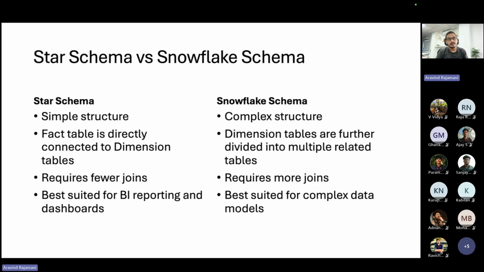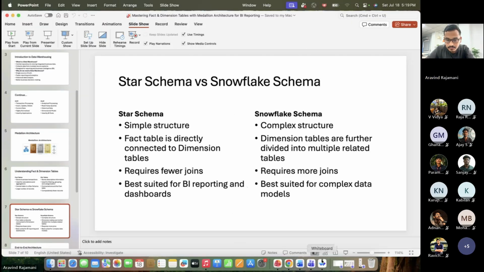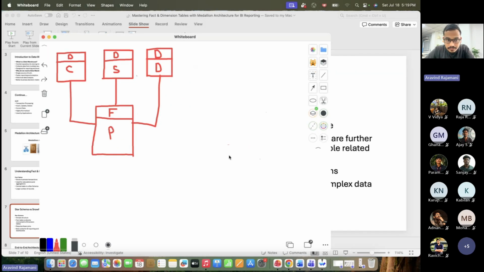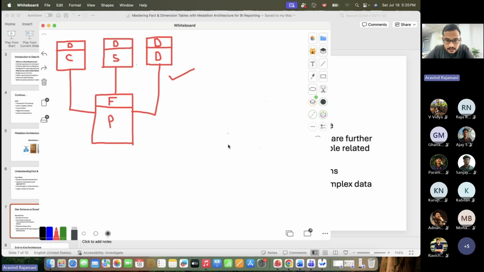I think we can use the same example. Let's go back to the same whiteboard. See, this will be a great example for a star schema. You see here, whatever dimension tables I created for this particular fact table, they have the direct reference keys. So similarly, the same